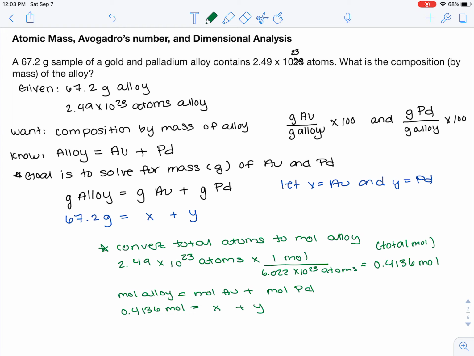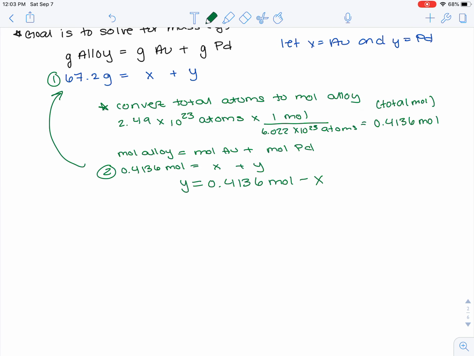So take this equation and separate for one variable. It doesn't matter which one, just one of them. I personally decided to subtract X from both sides and find that Y is equal to 0.4136 moles minus X. So let's say this was my second equation, this was my first, then I go back up here. So I get, let's change the color, 67.2 grams is equal to,